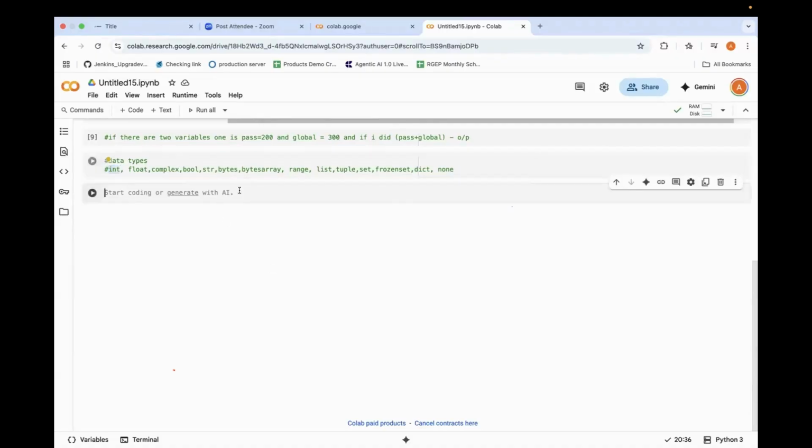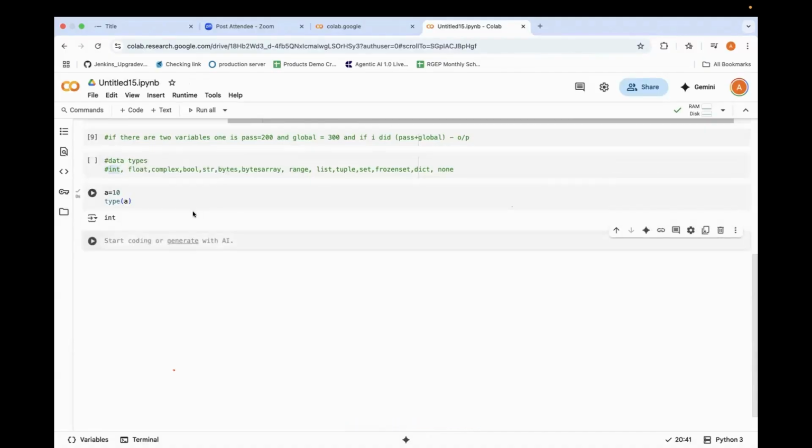Now, how do you check it? If I put a equals 10 and then type of a, it will automatically print int. If you want to check which data type it is, you just need to put type, and it will tell you which type this is.